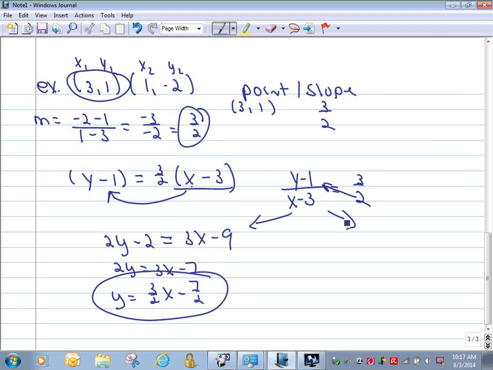And that would be y equals mx plus b, our slope-intercept form. If I were going to do standard form, then I know that's ax plus by equals c. I'm going to cross multiply to x first. So I would have 3x minus 9 equals the other way, which is 2y